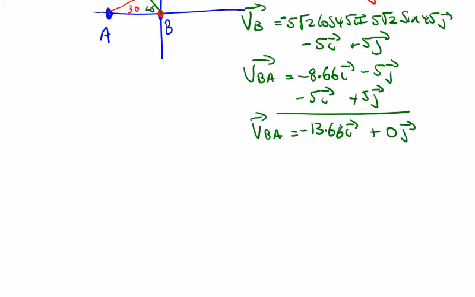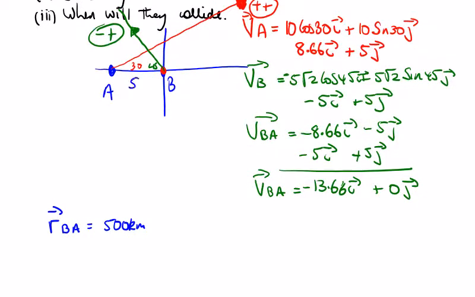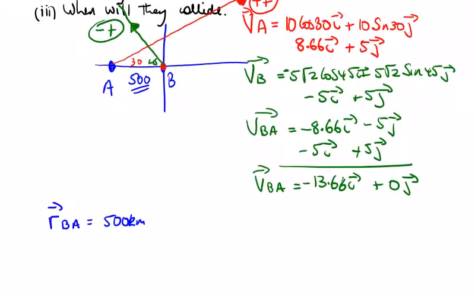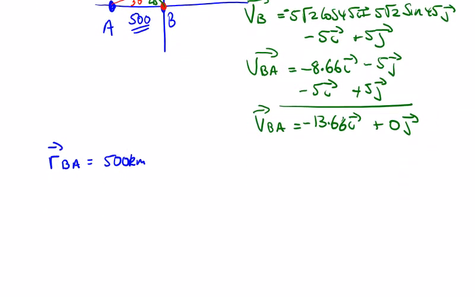So let's look at B here, showing her on a collision course. So we call this the relative position. You remember from vectors, the position of B relative to A is 500 kilometers. And that was up here, this 500 up here. So that's 500 in the i direction for the relative position of B relative to A. So to show her on a collision course, what we say is, since the velocity of